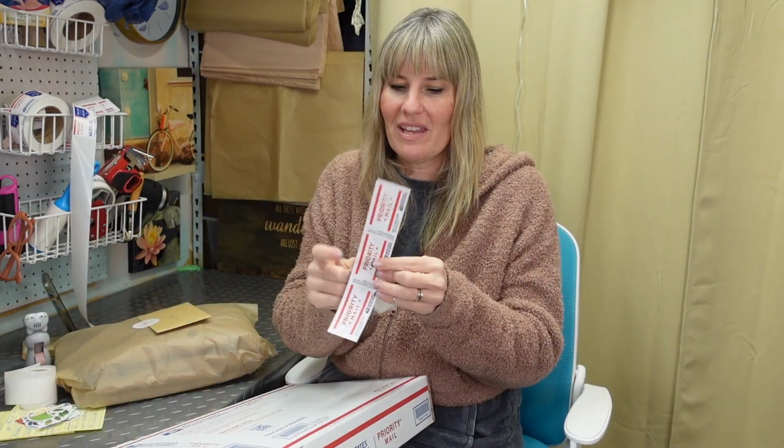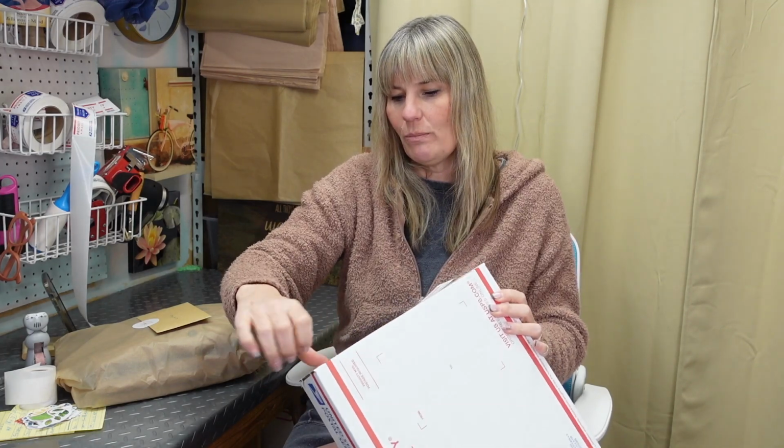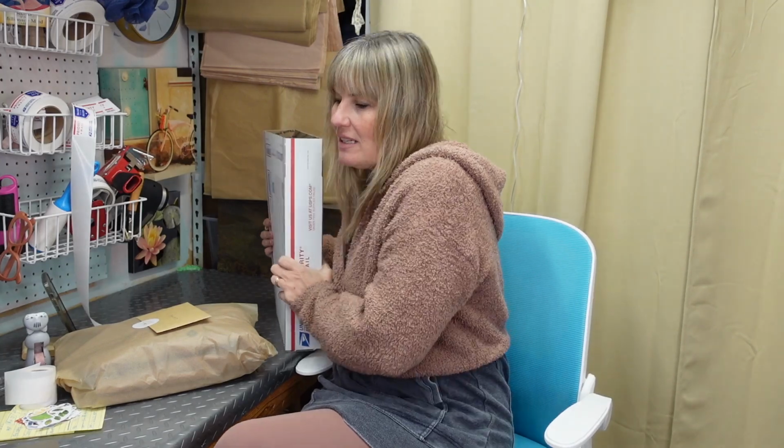I pick up these when I am ordering shipping supplies just to have on hand. They're like 3 little stickers in one, and I like to use them to seal boxes. Sometimes the seal doesn't feel that secure to me, so I always used to put tape, and right now,